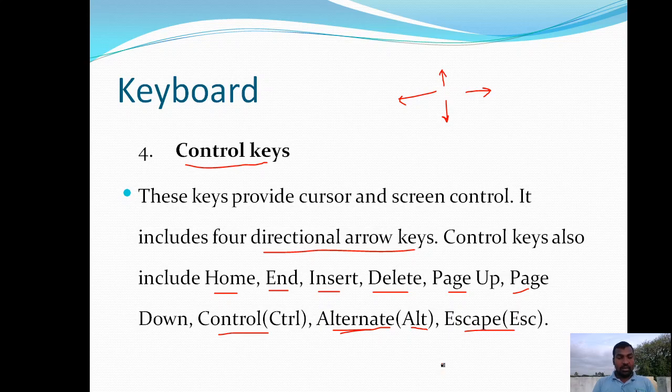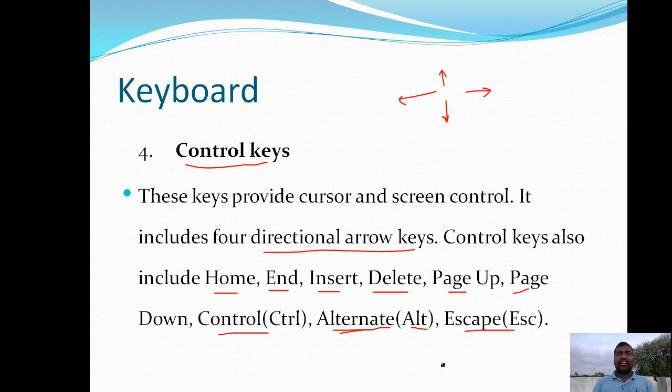For example, alt plus F4 function key we use to close the explorer or windows. Control along with the alphabet W key we use to close the windows. Escape key is used to stop operations.